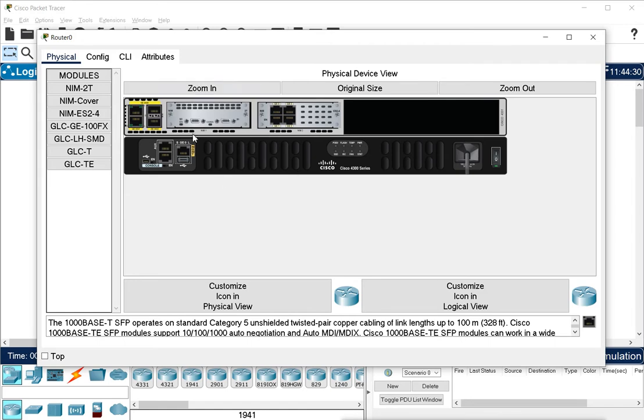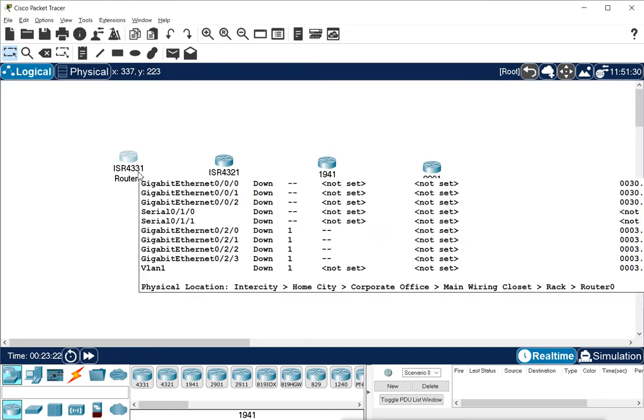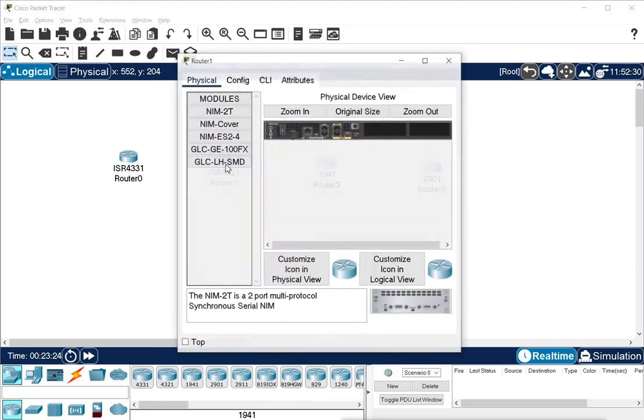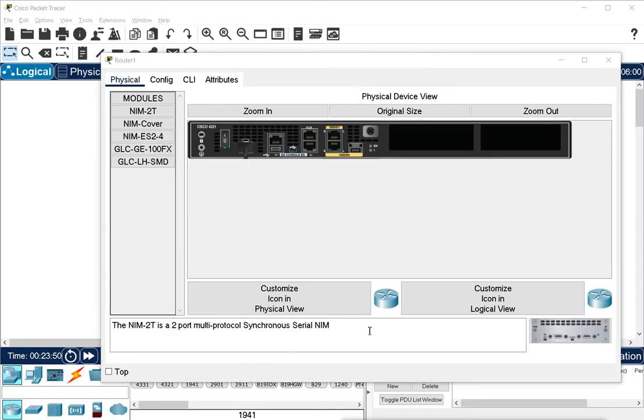Now this is the physical view of the router, and it shows the physical view here. Now just like this 4300 series router, we can see the other series. It is 4321. It is less than 4331. It is a smaller router, a lower series than this, so it is different and has different ports and different configuration. So what we see here in this 4321, this is looking different. It is showing only the back side.